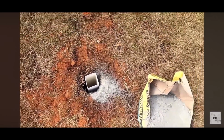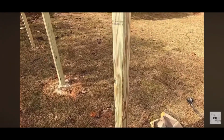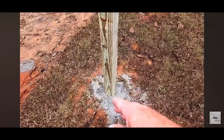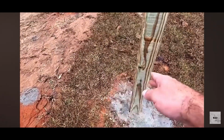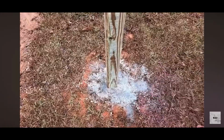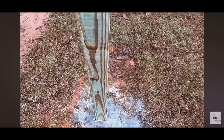And then you put your post in there. Okay, so I got the post in there. Once you get to this point, then you just level it. Once you get the post all vertical set, then you just pour the concrete in the ground dry all the way around that vinyl square post. And then you just wet it down real good, and that's what I did. And so now it's all set and ready to go. And then this will just come up. You'll just pick up on it